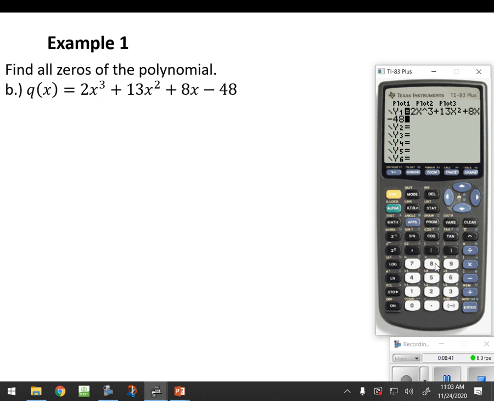All right, I don't want to look at the graph, I just want to look at the table. So second graph will bring up that table. And there, at x equals negative 4. So don't be surprised if you have to use the arrow keys to move up and down to find that first x value. In this case, we had to move a little bit, but ultimately we found it. So x equals negative 4. I'm going to hang on to that one.